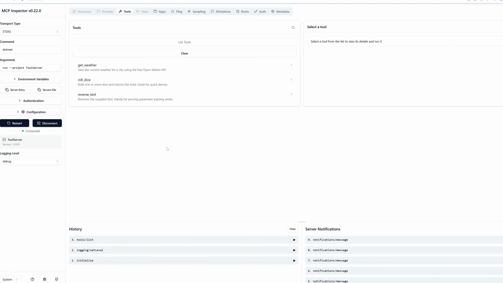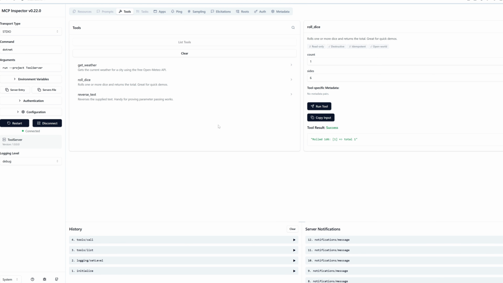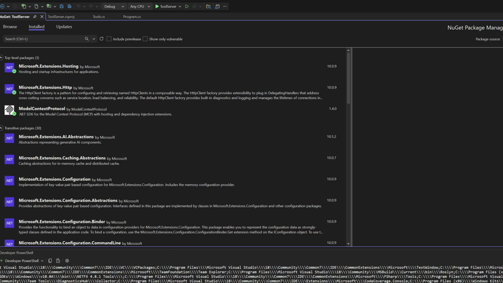If you have controllers, this would be like a route in the controller, the action in the controller. We have get weather, we have roll the dice. So if we run the tool, we can roll the dice, and it can do that. These are very basic examples, but let's get into the code. Let's see the libraries, the latest ones that we have, and let's look at the actual definitions, how you define this whole thing. So first, what we need is the